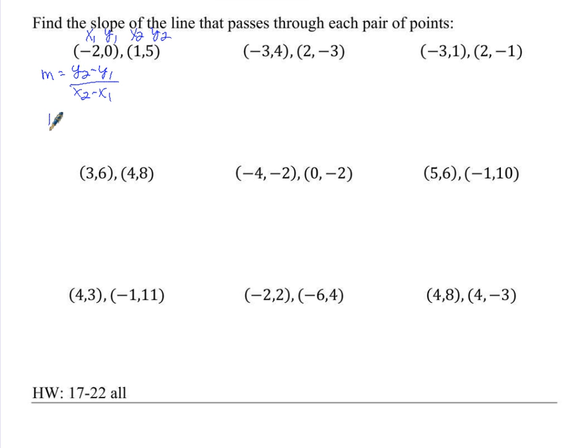Because now all I have to do is look at my equation right here. This tells me m equals y2. Well, what is y2? It's 5. It's right here. y2 is 5. Then I write the minus sign, and then I go looking for y1. What is y1? 0. Divided by x2. Well, what's x2? x2 is 1. And then I write the minus sign, and then I go looking for x1, which is negative 2. So I write down negative 2,